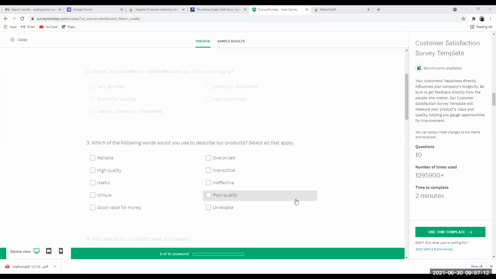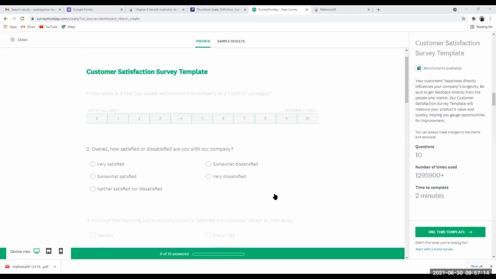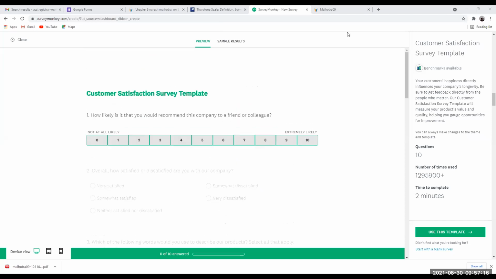Okay. So let me just show you that website. I hope you can see the screen right now. So this is surveymonkey.com. You can note it down. You can open an account. It's free to open.